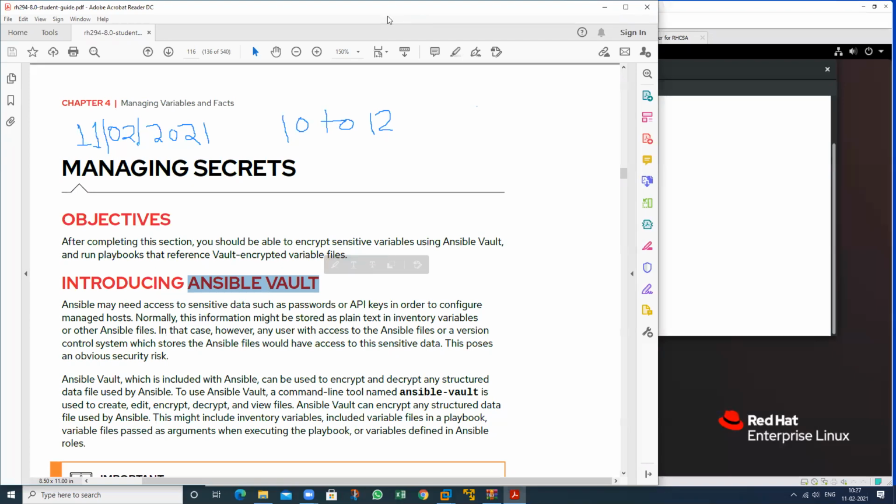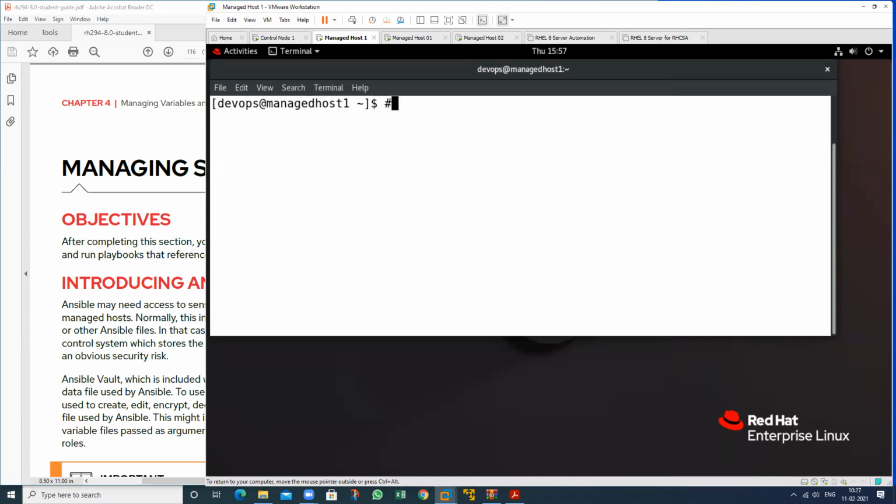Protect means that if someone sees the playbook, they will not be able to read the data in plain text. Suppose I write "this is me", this is plain text. If I write it in a coded format, you cannot understand it. So we just convert the data into a coded format.